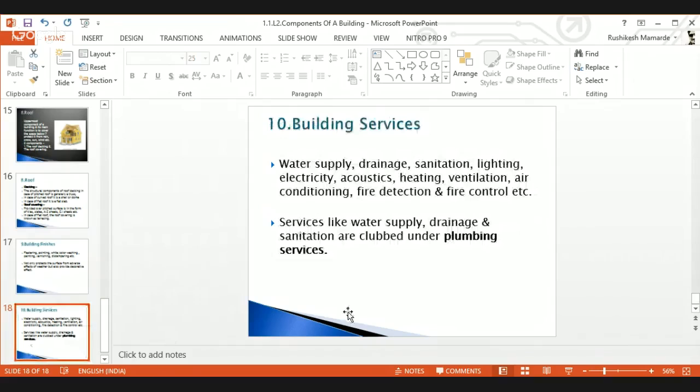Then the next is building services. As we have already discussed in the very first chapter while discussing the syllabus, I have told you what the building services are. There are different types of services like water supply, water drainage, sanitation, lighting, electricity, acoustics. Acoustic, you people might not be knowing what is meant by acoustic. Acoustic is nothing but the